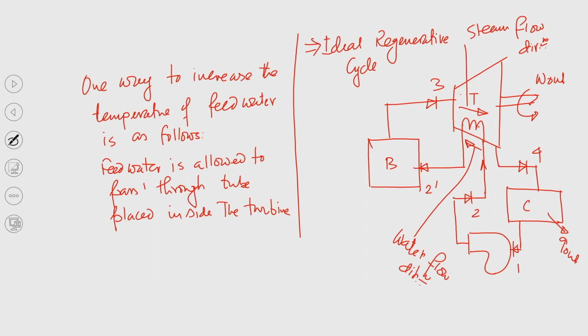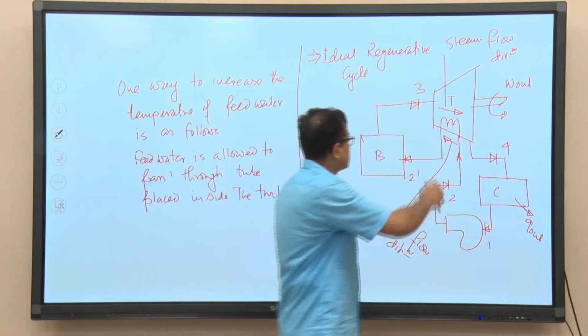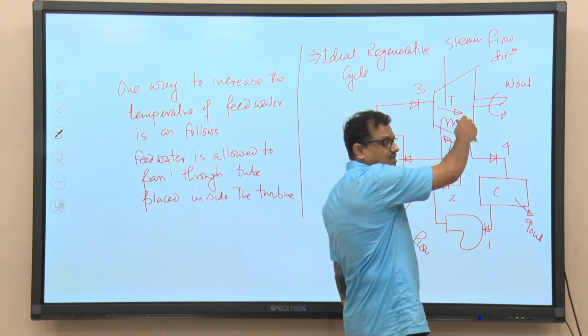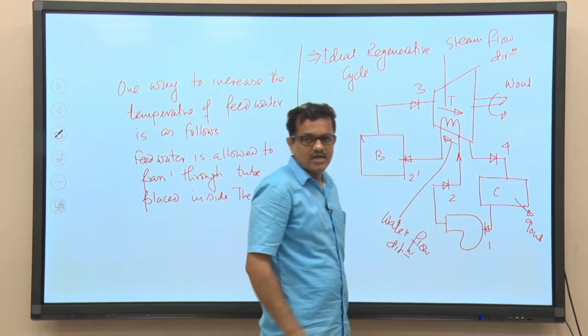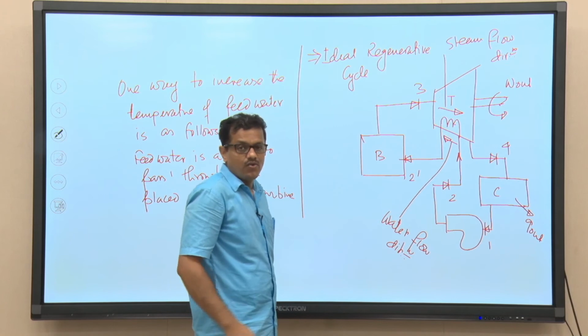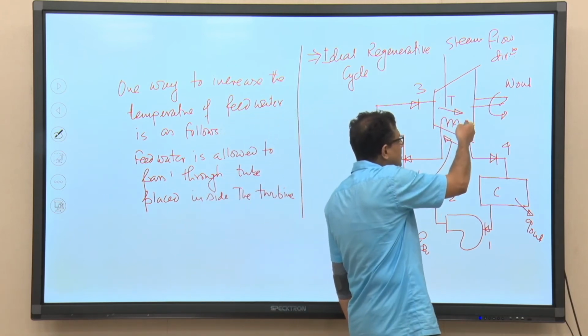Okay. So, this is the ideal regenerative cycle. Now, you may ask a question: using this ideal regeneration method, we are still having one important disadvantageous feature. When steam is expanding in this direction, it will exchange heat with the water that is flowing in the reverse direction. While exchanging heat, the steam temperature may fall at the exit of the turbine.